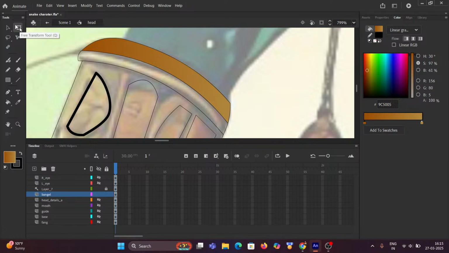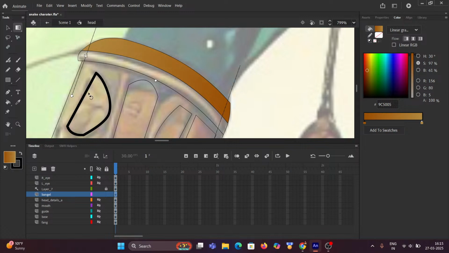If I right click here, you will see another tool which is the gradient transform tool, and it has the shortcut F. I will go to the edge of this square and click it, and you can rotate. It shows some variation, but